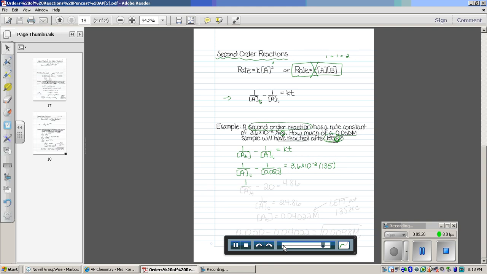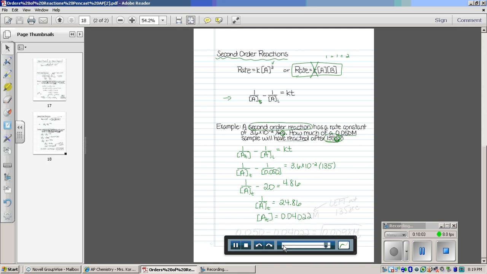So now to do the math, I'm going to have 1 over AT minus, if I do 1 divided by 0.05, I get 20. And then on the other side of the equation, 3.6 times 10 to the negative second times 135 is 4.86. Now if I add over the 20 so that I can get 1 over AT by itself, I'm going to have 24.86. And then I can take the inverse of both sides. It's usually the easiest way to do this type of problem, or just cross multiply and solve for AT. We end up with a value of